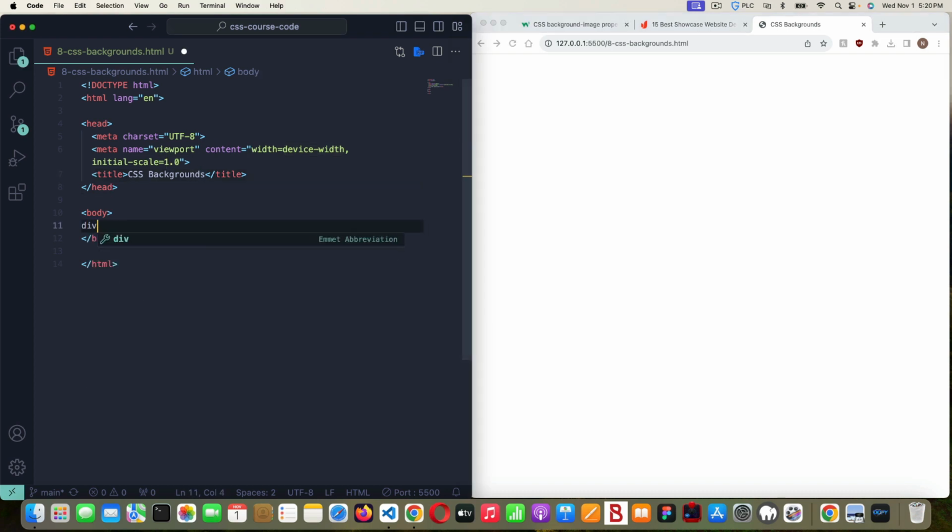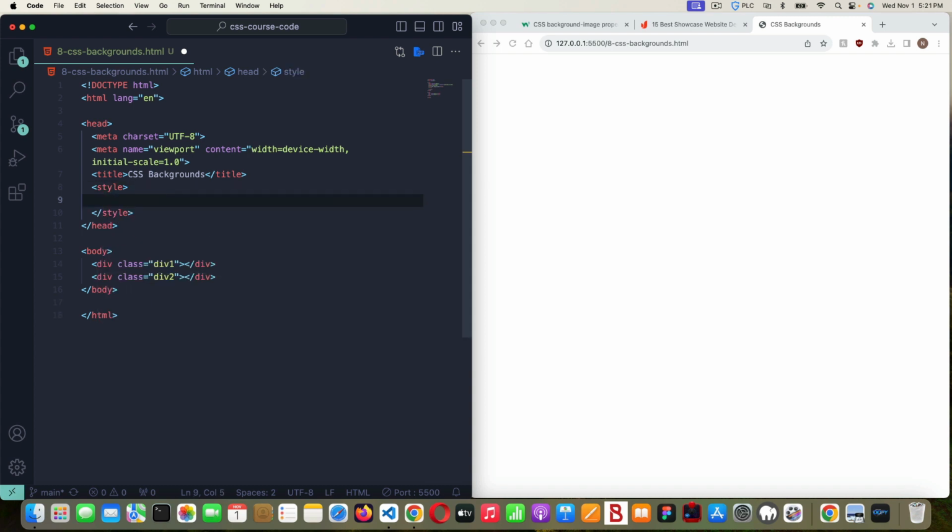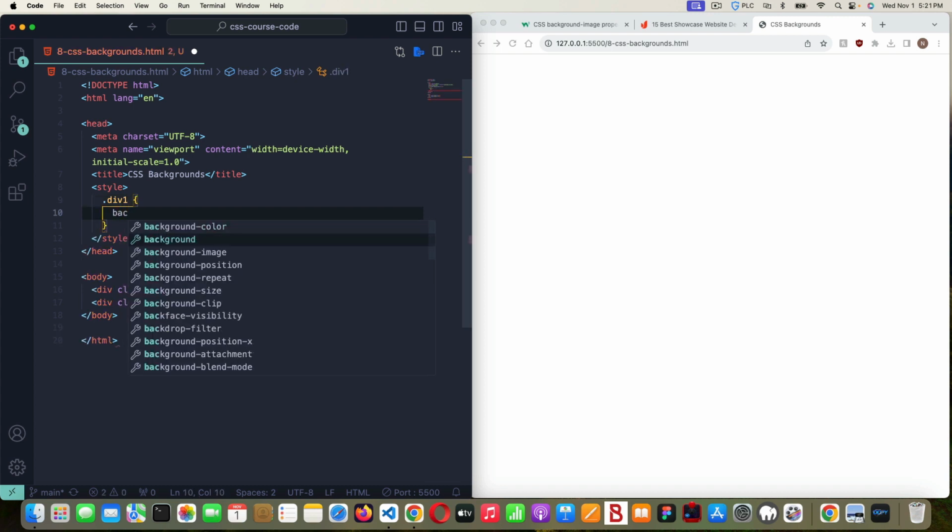So I'm going to make a div, and I'll give it a class of div1. And then I'll make another div below it. Give it a class of div2, so we can style them separately. So div1, let's go ahead and select that. I'm going to go in the head of my HTML document and make some style tags under my title, and I'm going to select the div1 class. So I'm going to say dot, that means class, div1, curly braces, and I'm going to say background-color,